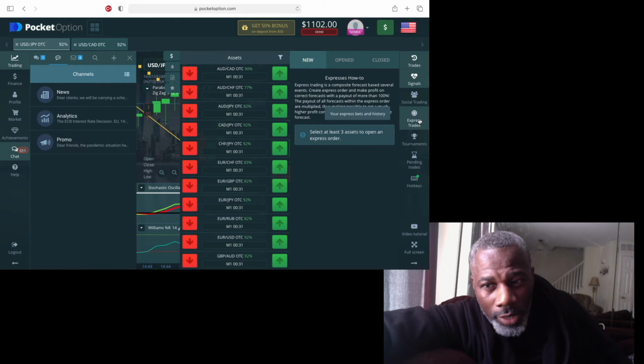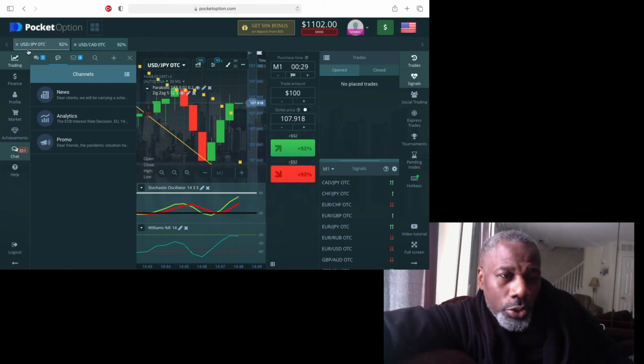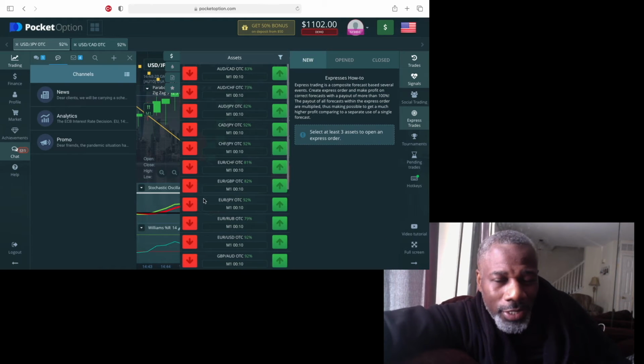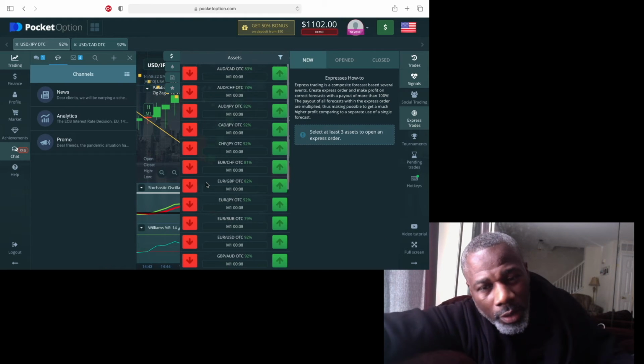That's another word that I forgot to express. When you look at USD and JPY, these are pairs. So USD and JPY are paired against each other to see which one is going to be a buy and which one is going to be a sell. But again, back to the express. This is a part of the platform where you can sell or buy different currency pairs